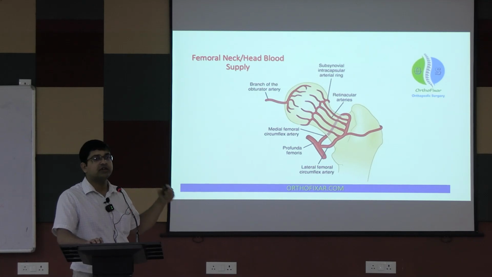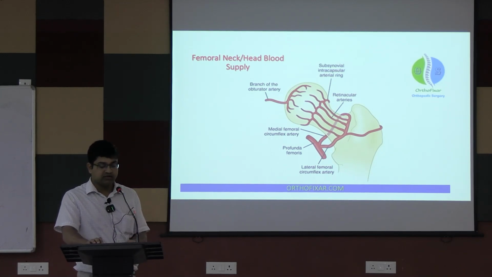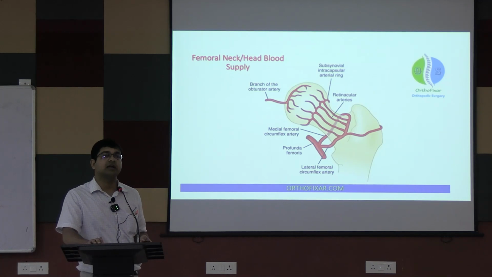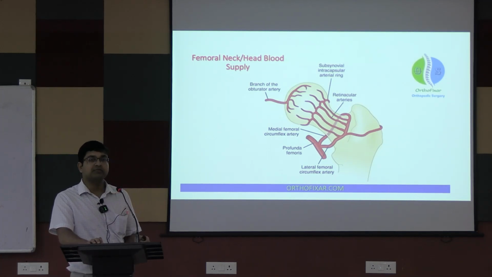ঠিক আছে, so it cannot supply the whole femoral head। So if there is any fracture in the femoral neck, the blood supply will be cut off, there will be injury to the retinacular vessels and the blood supply to the femoral head is cut off, so the vascularity is jeopardized। So that is the main reason for femoral head avascular necrosis or femoral neck fracture non-union, okay, because of the peculiarity of the blood supply।